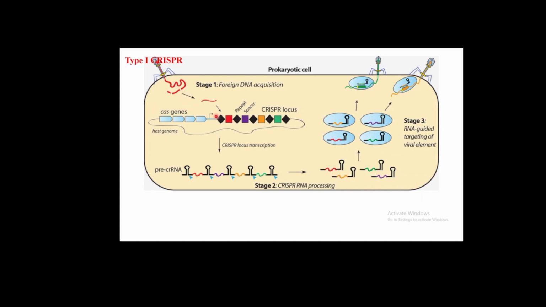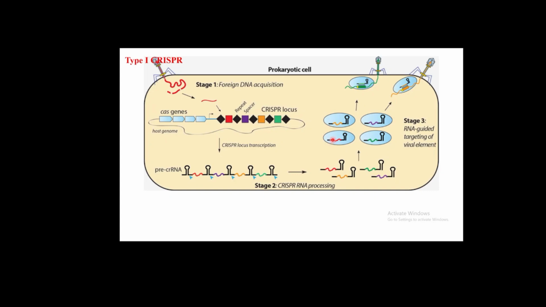The viral DNA genetic material is integrated in between the palindromic repeats, forming the pre-CRISPR RNA, and the pre-CRISPR RNA is cleaved to form the CRISPR RNA. Here you can see the palindromic repeats forming a hairpin-like structure, and this is the viral DNA. Now it is combined with the